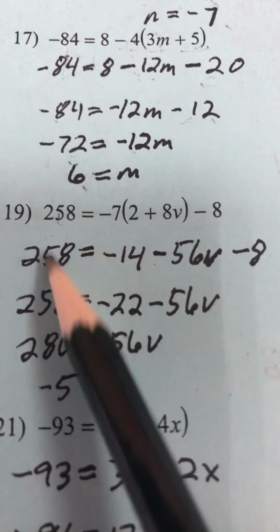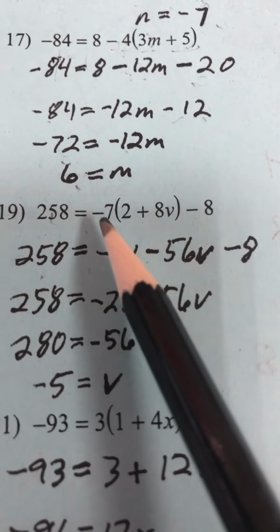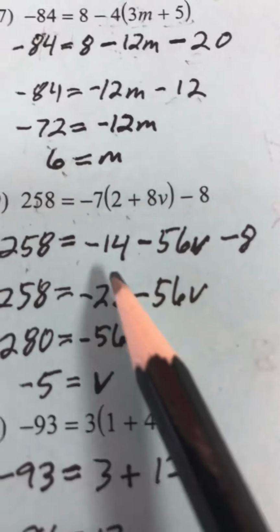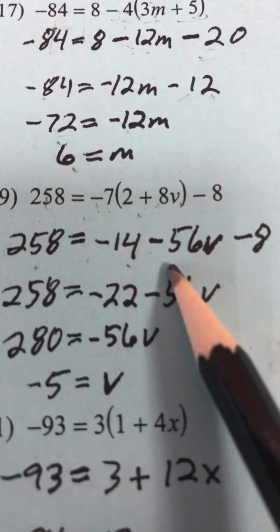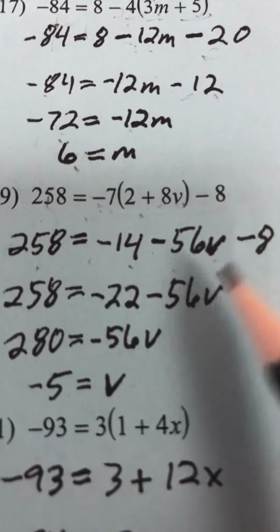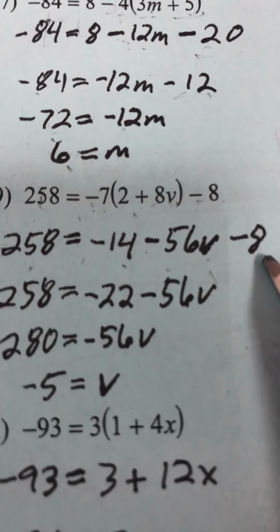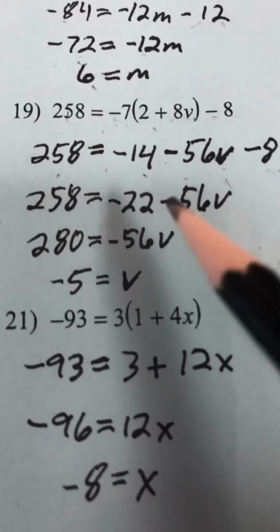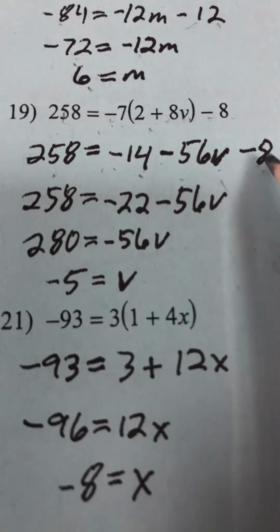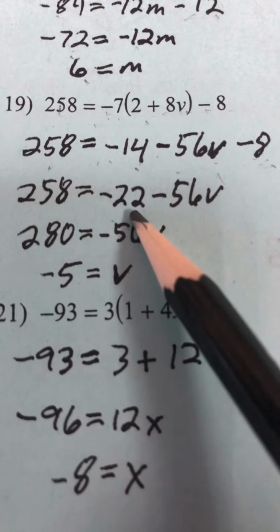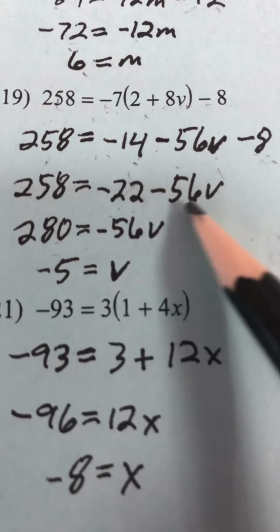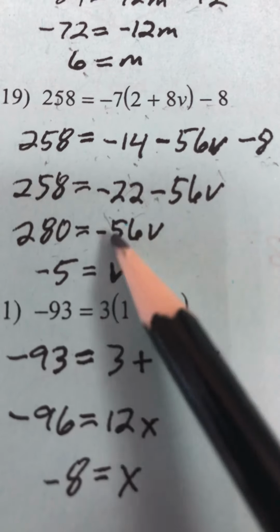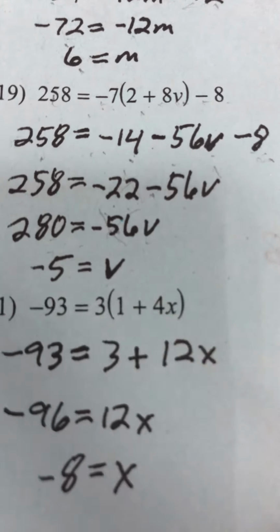19, I just bring this 258 down and this equal sign. Then I have negative 7 times 2 is negative 14. Negative 7 times a positive 8 is 56v. There's a v with that 8. And then I just have negative 8 hanging out back here, and I just bring that down. I combine my negative 14 and my negative 8, and that gives me negative 22. I add 22 to both sides to get rid of it. Then I divide both sides by negative 56 to get rid of that, and I end up with negative 5